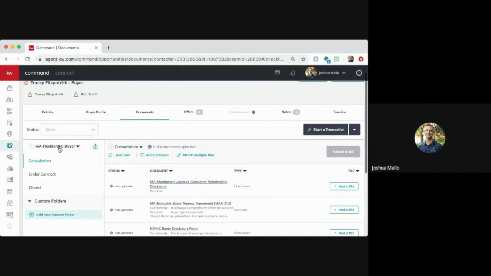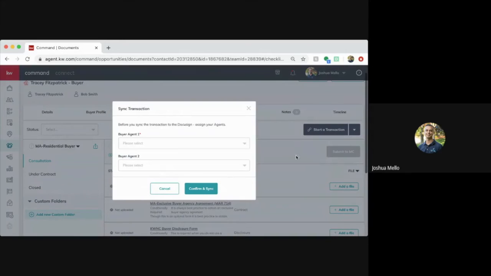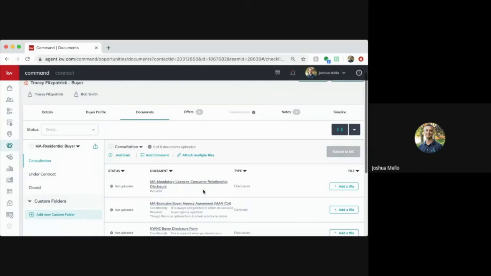So we've assigned Mass Residential Buyer as the checklist for this opportunity, and now we're ready to start a transaction over here. So we're going to click this, and we're going to choose DocuSign. Now it's going to ask you who the buyer agent is, which most likely is going to be you. I'm going to choose myself, and then we're going to press Confirm and Sync. Once this loads, it's going to bring us over into